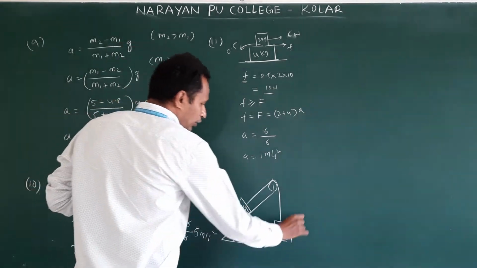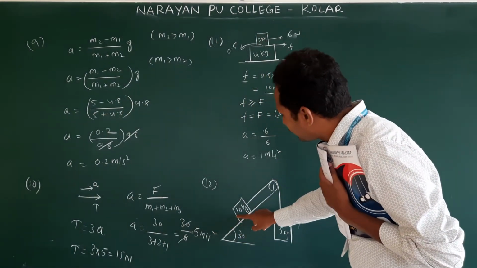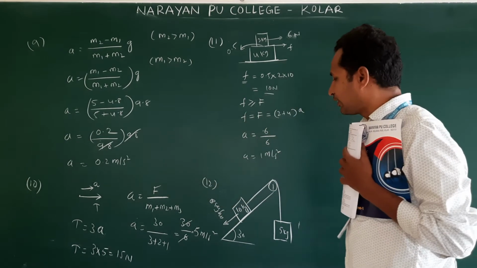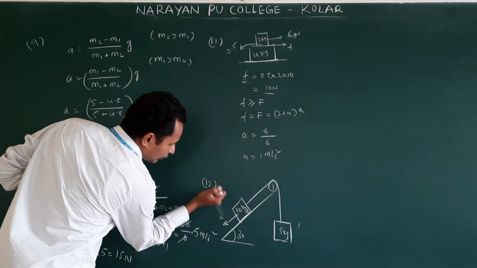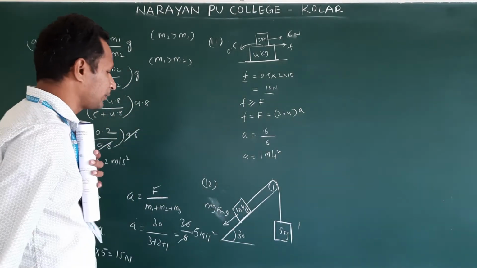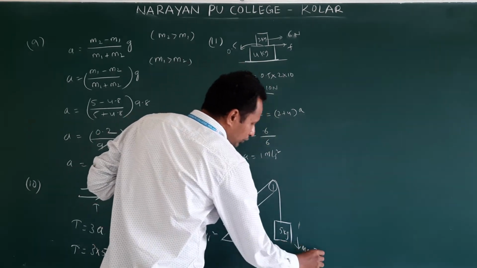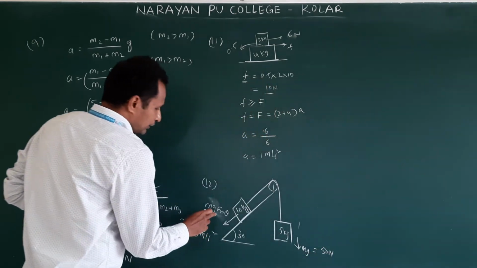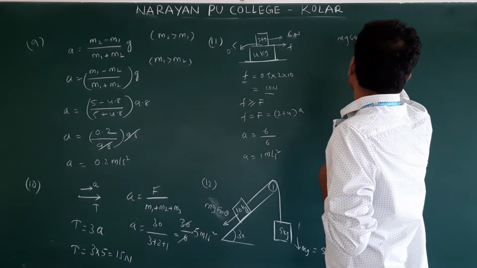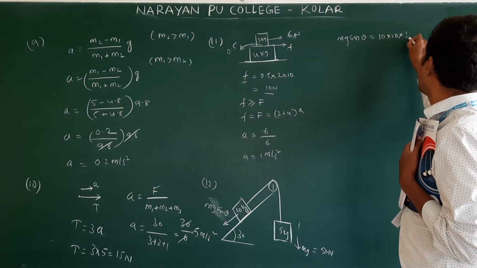Then is it accelerating down the plane or downwards? How do we know? We need to find a way. Along this direction, which component will act? That is mg sin theta. So if I write, along the plane, this is mg sin theta. Here, mg acts downwards. This will be 5 into 10, 50 newtons. We need to find mg sin theta. What is the mass? 10 into 10 sin 30, 1 by 2.